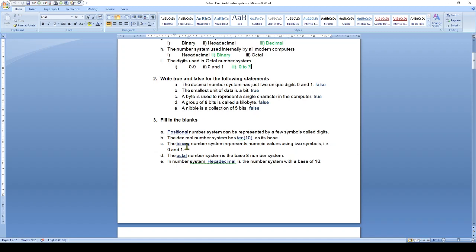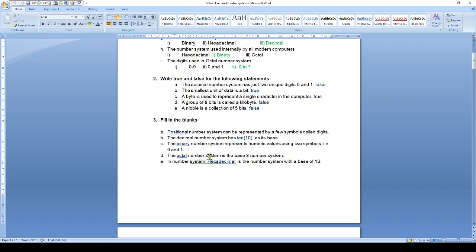The binary number system represents numeric values using two symbols, that is 0 and 1. The binary number system represents the numeric values using the symbols 0 and 1. Next, the octal